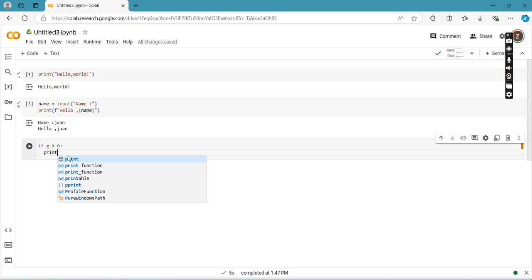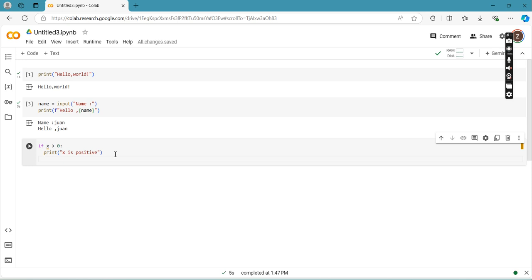Then we're going to print, let's say, x is positive. Again, then we have the word here, elif, which is equivalent to else if we're going to utilize another condition.